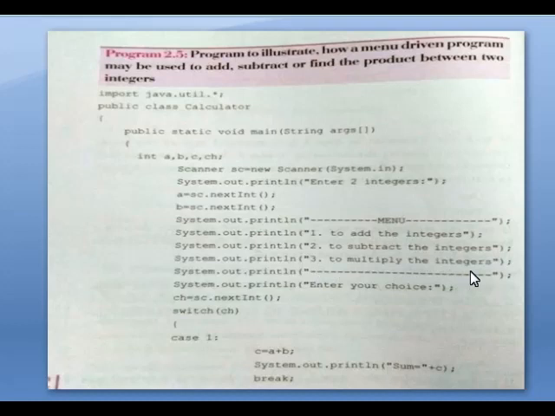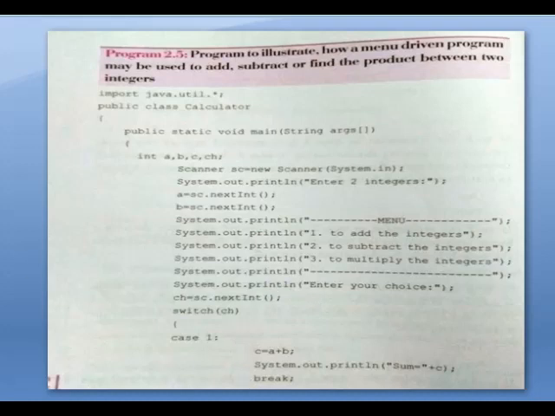If we select case 1, it will do the addition. If we select case 2, it will subtract the integers. If we select option number 3, it will multiply the integers. If we select case 4, it will display the message that it is a wrong choice, because here we are giving only 3 cases.